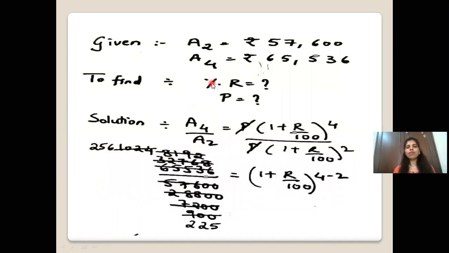Now you substitute the value for 65536 upon 57600. Now you can see that we are using the divisibility test. As in the units place it is an even number and 0, you can divide this with 2. So you are going to divide it with 2. So 2 3s are 6, 2 2s are 4, 1 carry over, 2 7s are 14, 1 carry over, 2 6s are 12, 1 carry over, 2 8s are 16. Again divide the denominator with 2: 2 2s are 4, 1 carry over, 2 8s are 16, 1 carry over, 2 8s are 16 and 0 0.